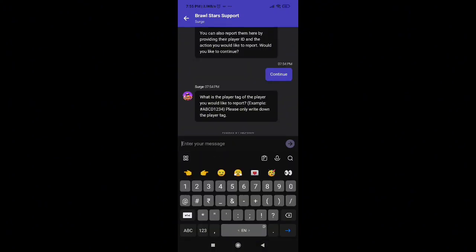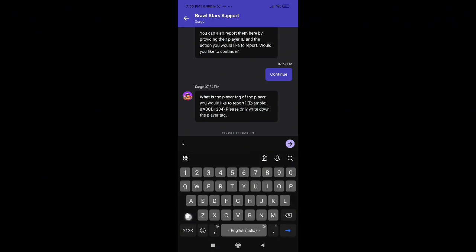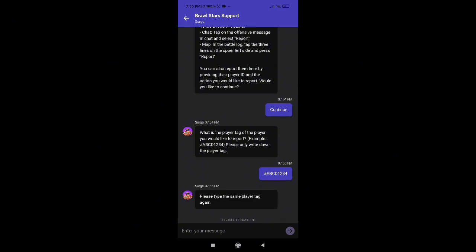So you should be able to copy the player ID. I will just type any random word here. So once you put it, you have to type it again, and that way you will be able to report the player